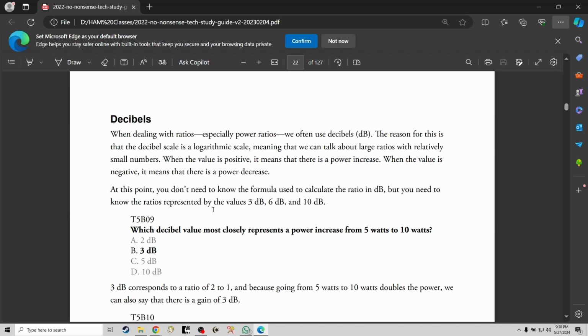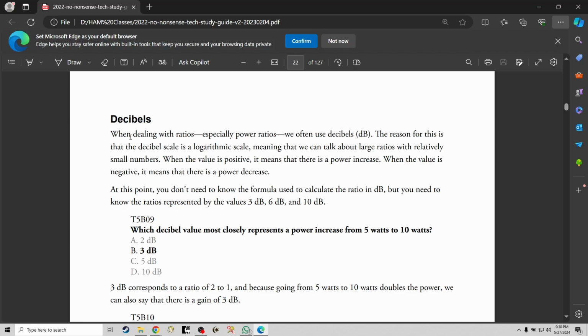There are two types of dBs, which we will get into later: dBi and dBd. We're not going to get into what the i and d are right now. We'll get into that later on, I think when we get to the General portion of the class. But decibel,